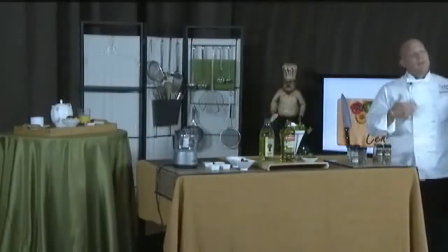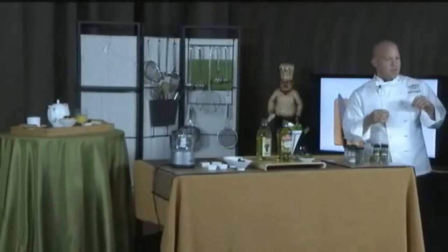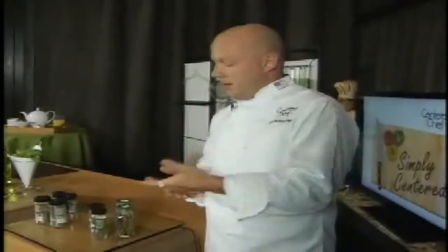So let's talk a little bit about ingredients. Who's confused about when to use dried herbs versus fresh herbs? Anyone out there? Yeah. All right, so here's the deal. Dried herbs are great for wet cooking applications, like soups and stews. The reason being is that you have to rehydrate your dried herbs and spices with moisture, and it takes a little bit longer to get the flavor out into the dish. So this is where you add the dried herbs about halfway through the cooking process when you're making